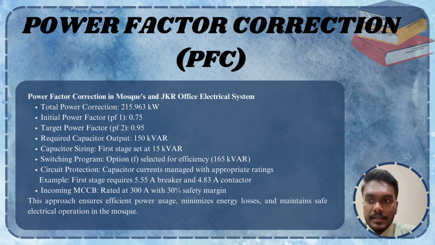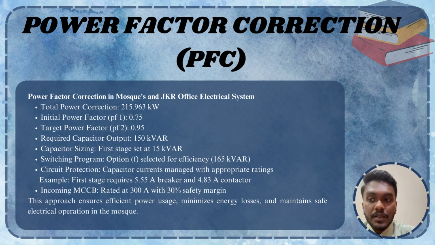Step 6 is circuit breaker and contactor rating at each stage. We are following method 1. Following this, circuit breakers and contactors are rated based on the calculated capacitor current at each stage. For instance, the first stage requires a breaker at 6 ampere with a 55% safety margin, and a contactor rated at 4.83 ampere with a 35% margin to ensure reliable operation and